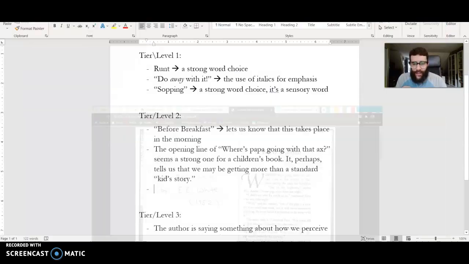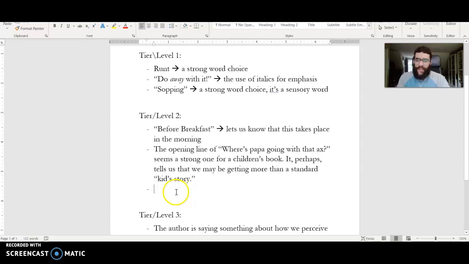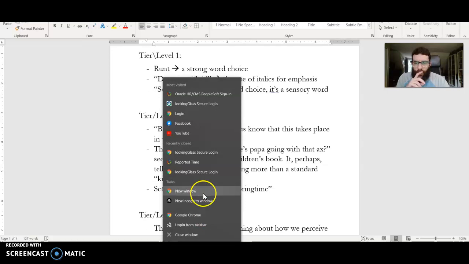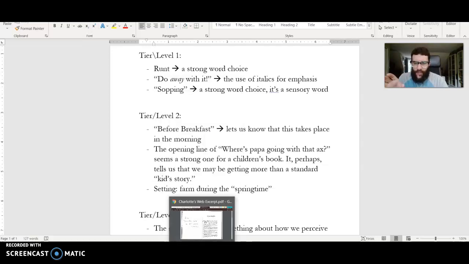So again, we have this idea of something about setting, right? We know that it's a farm, and we know that it is the springtime because it tells us that. And you can highlight that word right there. Now, the only other thing I would point out, and this is just helpful when you're sort of pulling from a lot of different sources or a lot of different areas in the text, the texts we're going to be looking at, is when you find sections, and I won't do it for this because they're all from the same